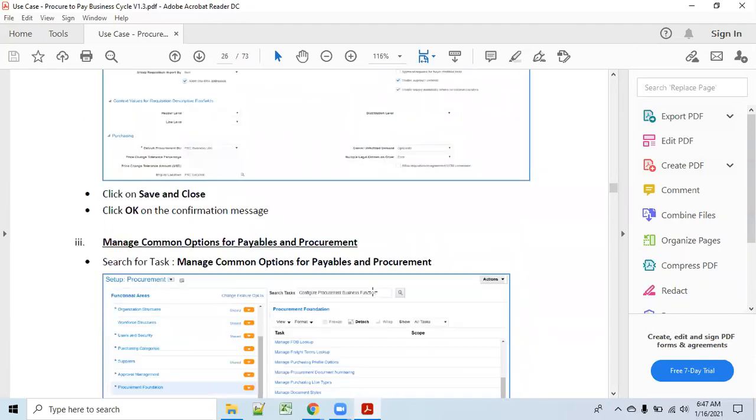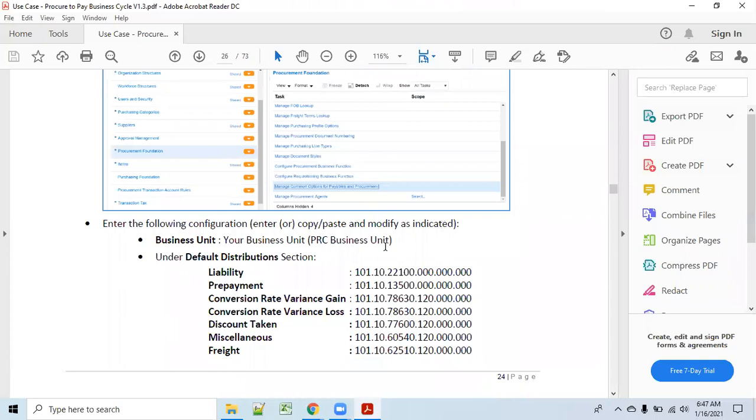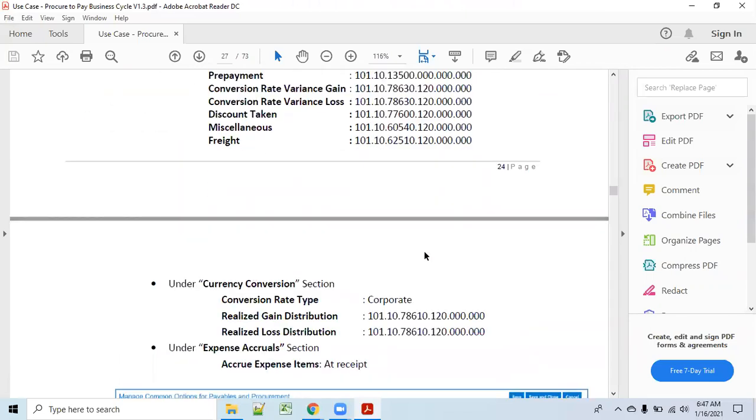Here BU is required, and you have some accounts for each field, like liability and prepayment. This is finance, but they have given it here because this particular use case covers procure to pay.